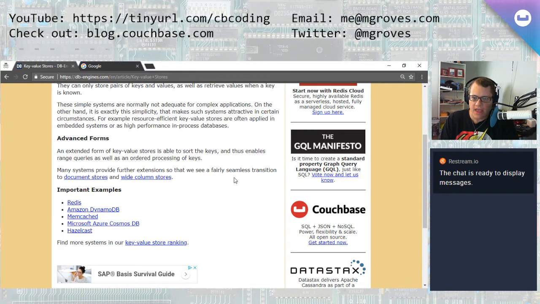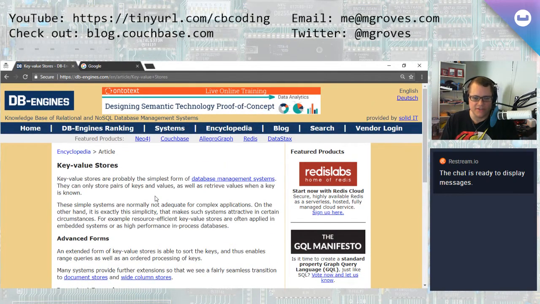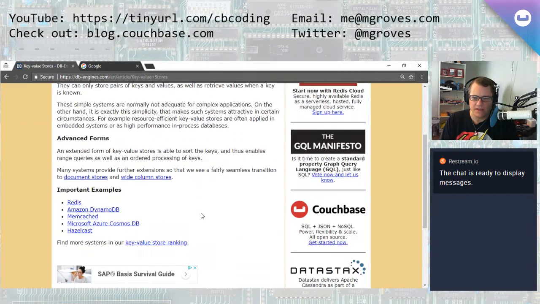Okay, one other comment I wanted to make is that it's easy to have these nice neat categories and say this is key value, this is document, this is graph, etc. But there is some overlap. These databases are not just complete, they're adding features all the time.